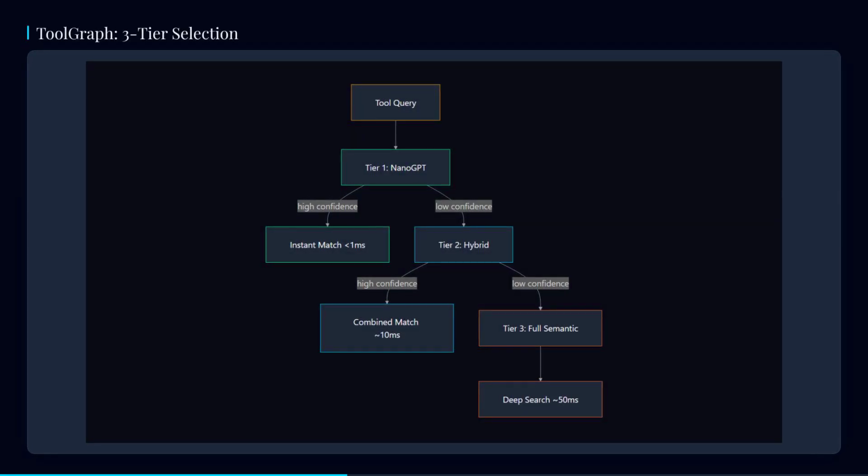Tool graph, 3-tier selection. Tool graph provides 3-tier tool selection that adapts based on query complexity. Tier 1 is NanoGPT sub-millisecond keyword matching for known tool names. Ask for GIT_status and you get an instant match. Tier 2 is hybrid, combined keyword and semantic search for ambiguous requests. Tier 3 is full semantic search for complex queries like analyze security of authentication flow. The system auto-promotes. If Tier 1's confidence is below threshold, it automatically escalates to Tier 2. Simple lookups are fast, ambiguous requests get the attention they need, and the system never wastes compute on expensive search